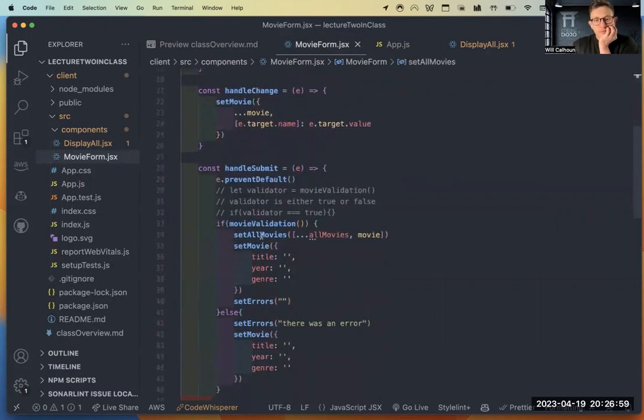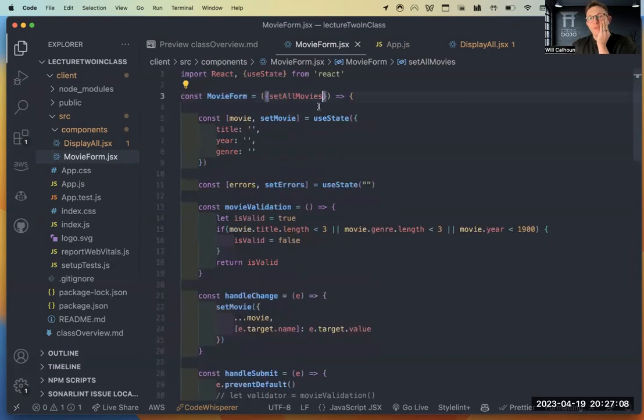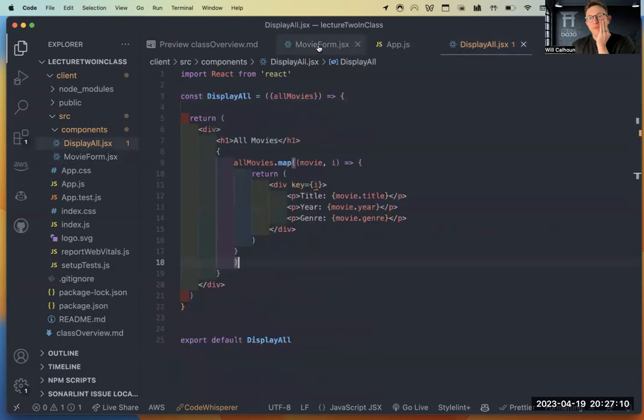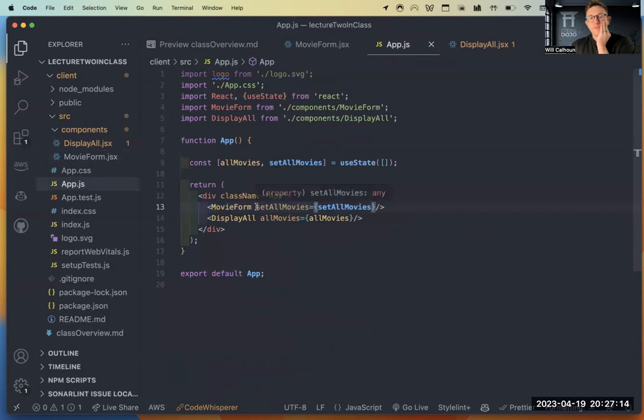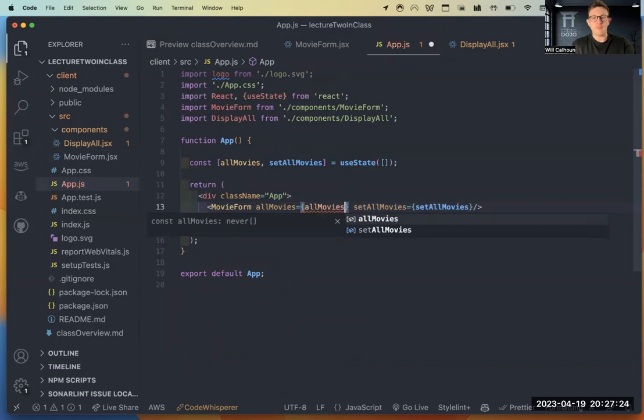So now it sees and it says, cool, but it also doesn't know what all movies is, right? Because we have to get all of our movies. So we have to make sure that our form does need access to all movies. Well, the way we do that is just by saying all movies equals all movies.